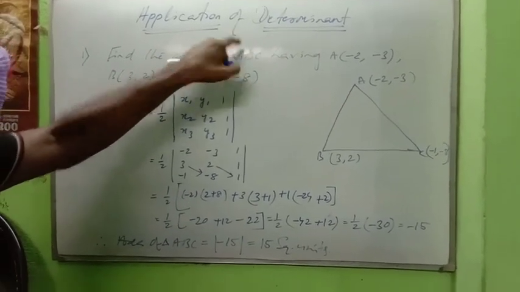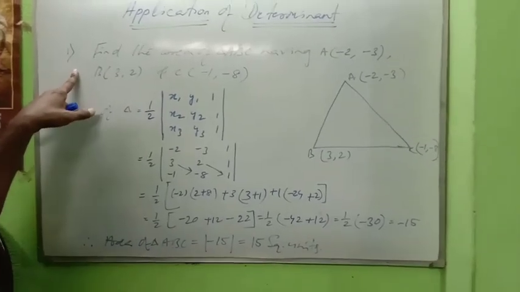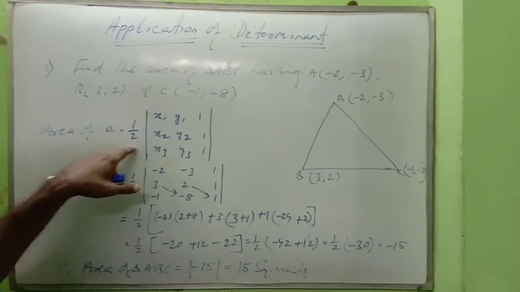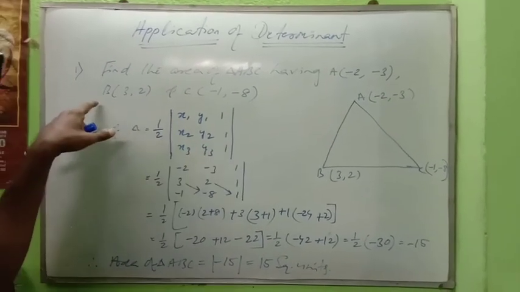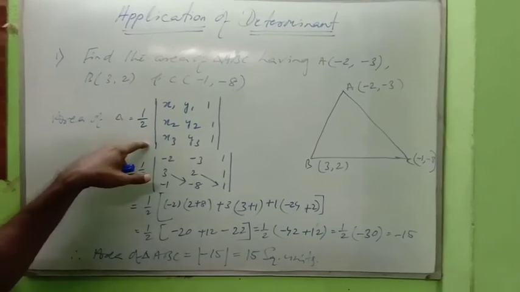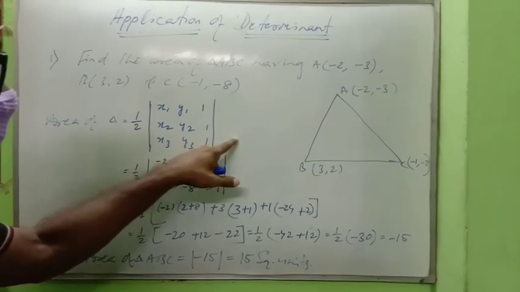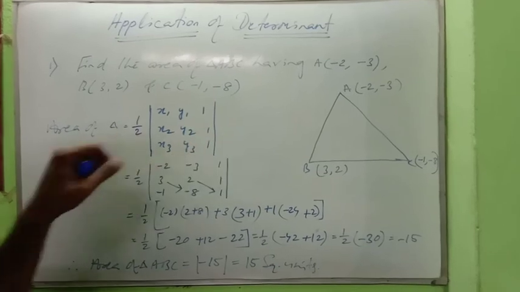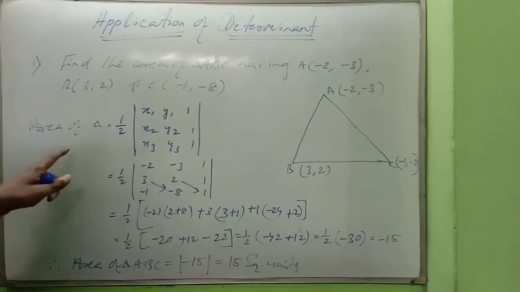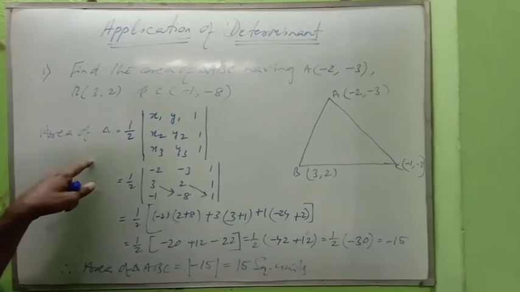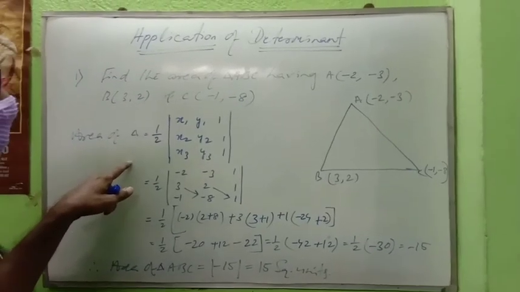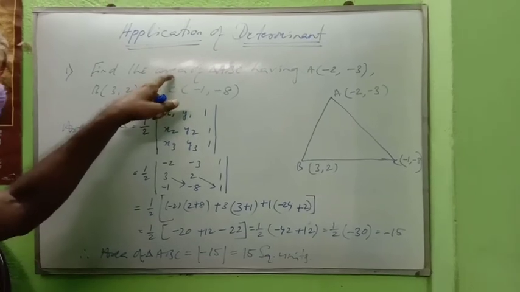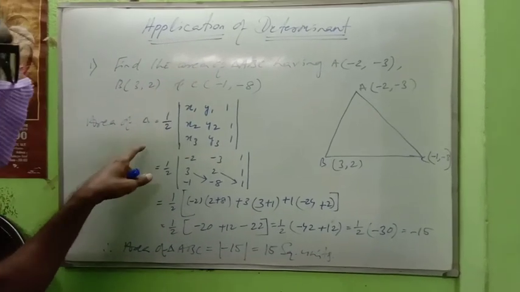So what are the applications of determinant? First application, area of a triangle can be found by the help of determinant. This is the formula. Again, by the help of determinant, I can show the 3 points are collinear. If area will come 0, that is if this part will be 0, the 3 points are collinear. Again, third one, I can solve the simultaneous equations of 2 variables as well as 3 variables by the help of determinant, which is called Cramer's rule.